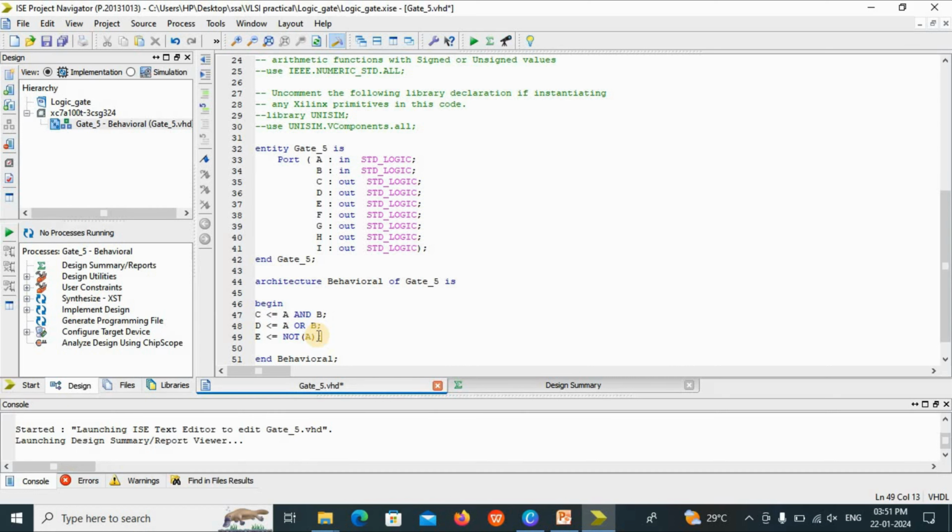H is A XOR B, semicolon, and I is A XNOR B. Okay, so we have written all the